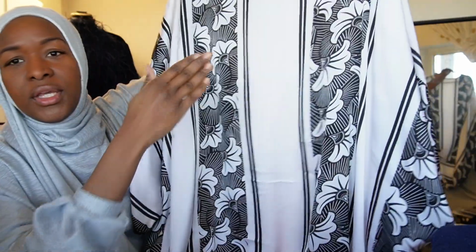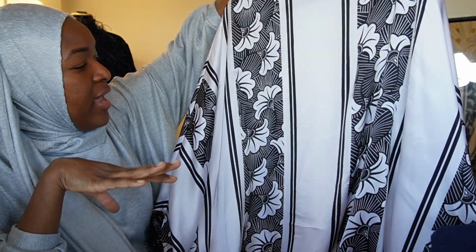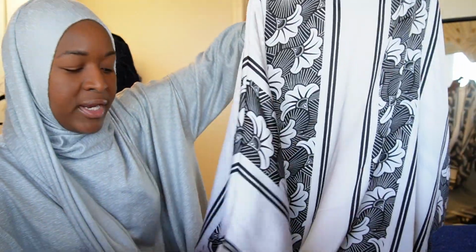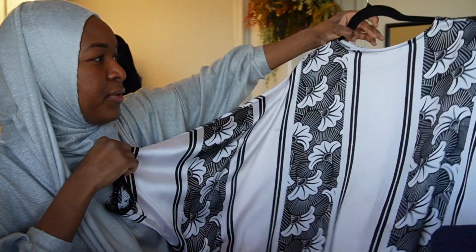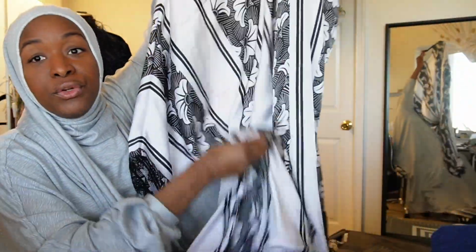Or the stripe, it was horizontal, but I cut it out so that they go vertically. And I wanted to use it. I had 3 yards of this, and I was gifted this fabric by my great friend Aminata. So I'm very, very happy. I think she brought it back for me from Liberia, and it's just so drapey and floaty and beautiful because